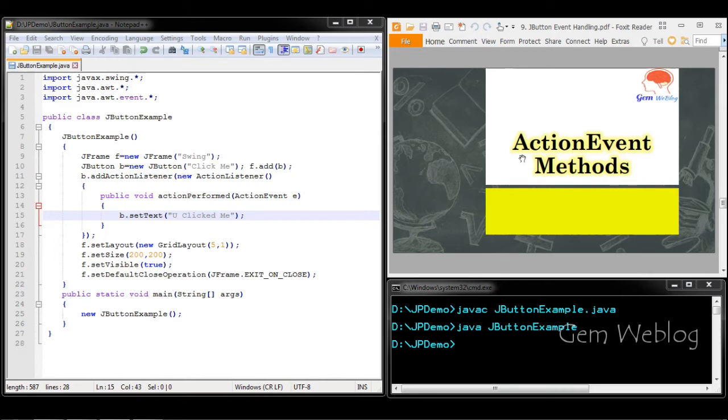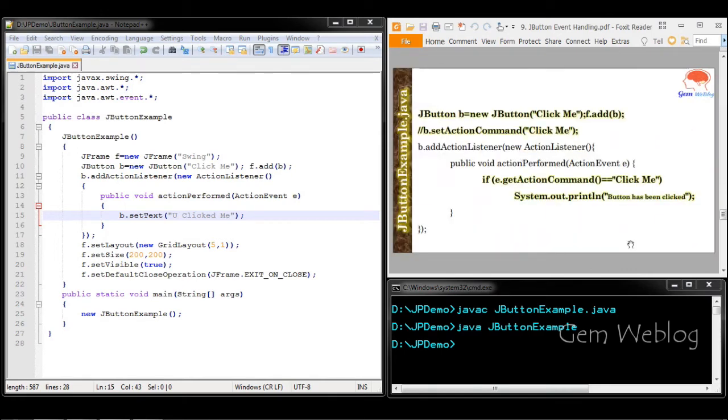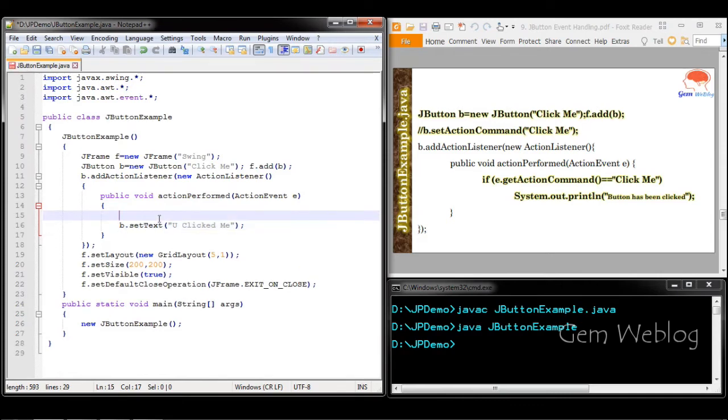Next, we will discuss all the 4 methods of action event. First method we are going to see is getActionCommand. Whenever the button is clicked, whatever caption has been set in the JButton will be extracted using getActionCommand.